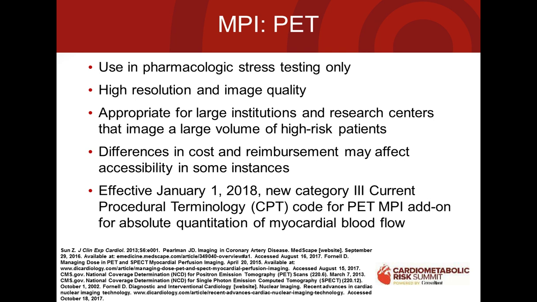With PET, you're detecting two photons that are given off simultaneously by the annihilation of a positron. So a positron is in the myocardium, it touches some normal matter, it annihilates into two photons. Those two photons then go out to a detector where they are detected at the same time, and that gives you 2 points of reference to go back to the myocardium,